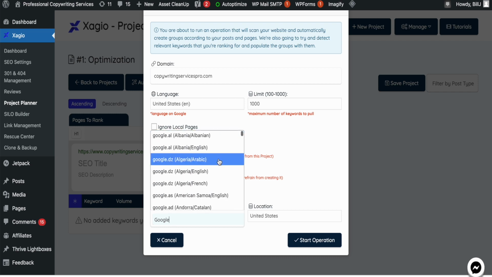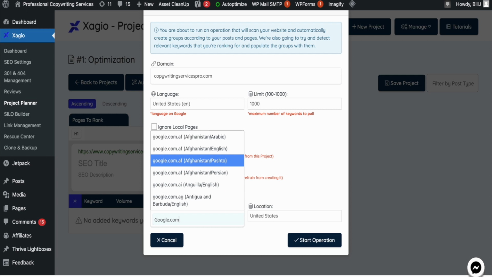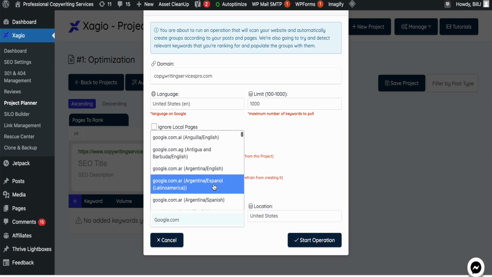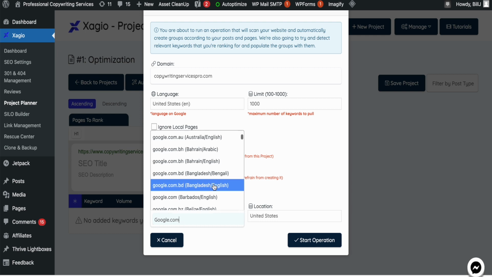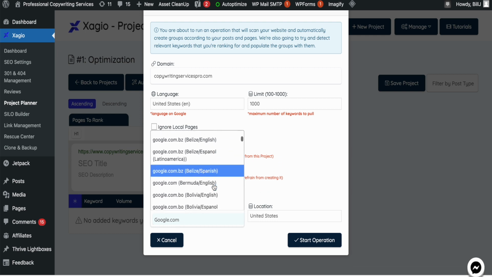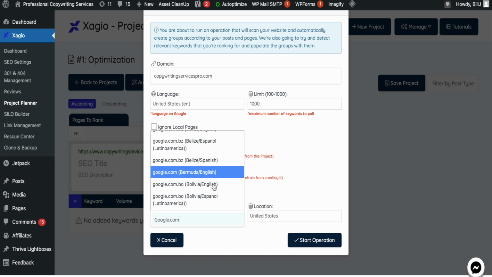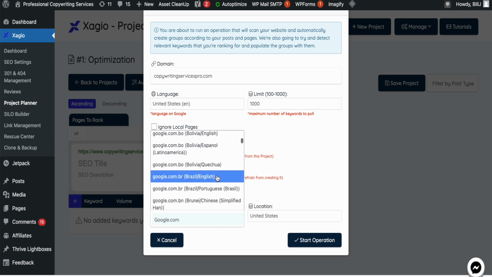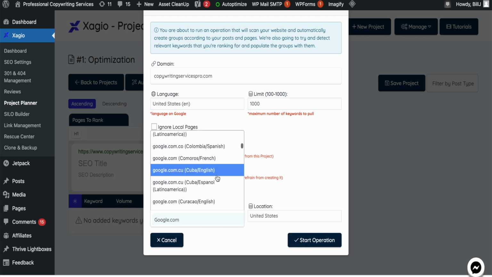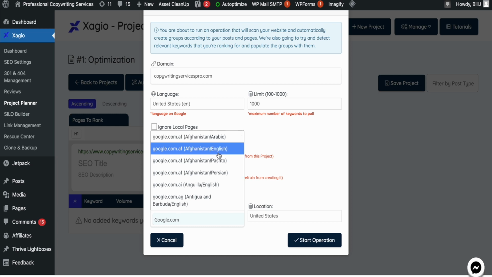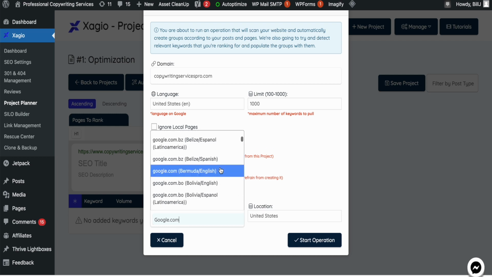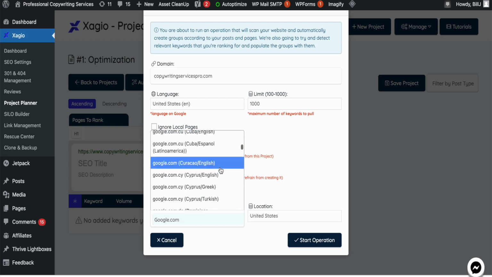As you can see, there are quite a few places here you can target, and it's really niched down. It's like it got every country over there, and Zagio says that if the country you're trying to optimize for is not listed, you email them and they'll list it for you. So that's how niched down this is. And as you can see, probably every country out there is on there. But let me know if your country is not on here. So, quick scroll through. I'm going to choose US because that's the country I'm optimizing for,